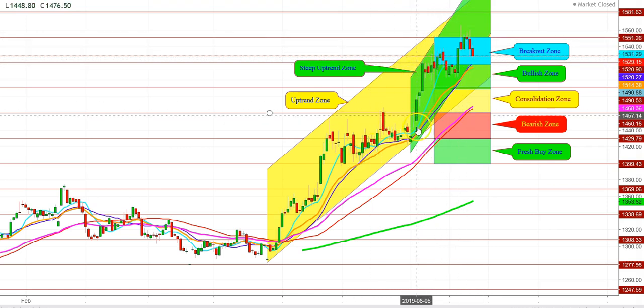Here I have divided this zone into a steep upward zone. From 1st August to 9th September, I have constructed this steep upward trend zone, and I have divided these two zones into different zones where I would prefer to buy gold. If the gold futures reach amid this zone, which is my fresh buying zone, which starts from the level of $1,399 up to $1,429, I would prefer to take a long position.